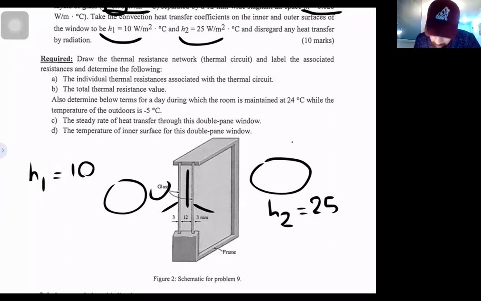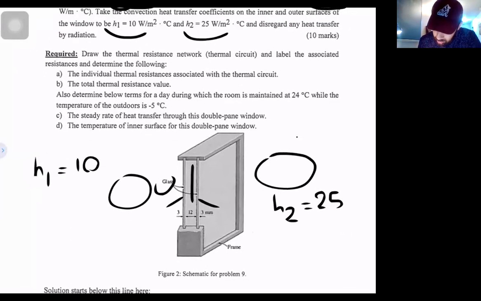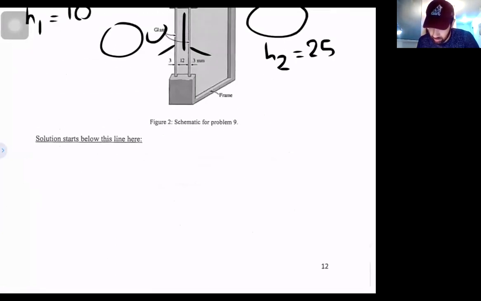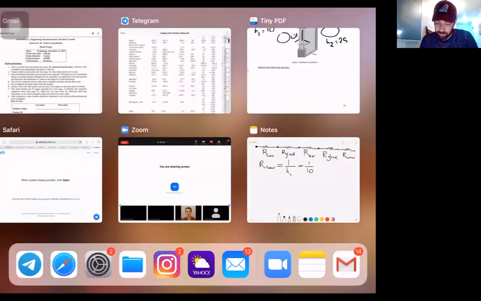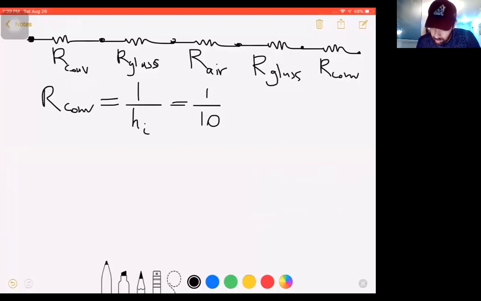So the unit for any conduction or convection constant is watt over meter squared times degrees of Celsius. So the unit for R of convection